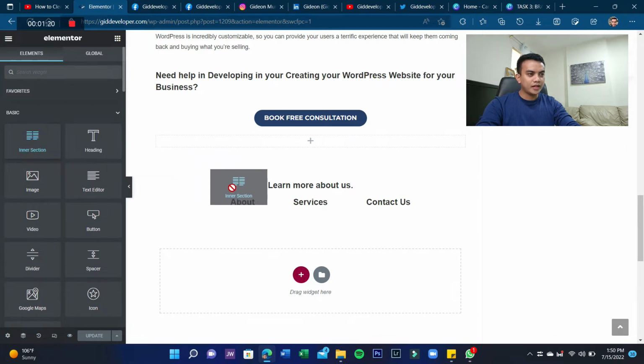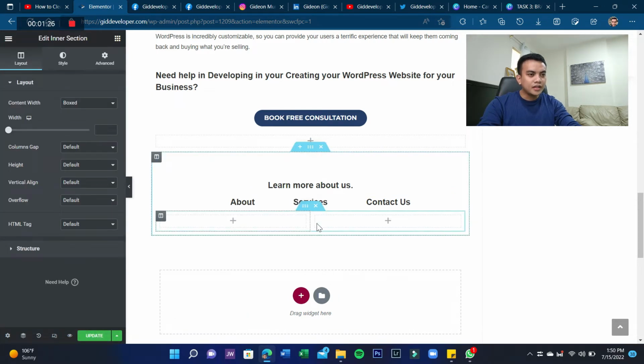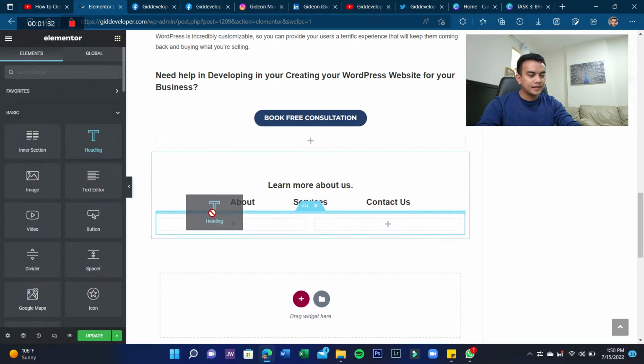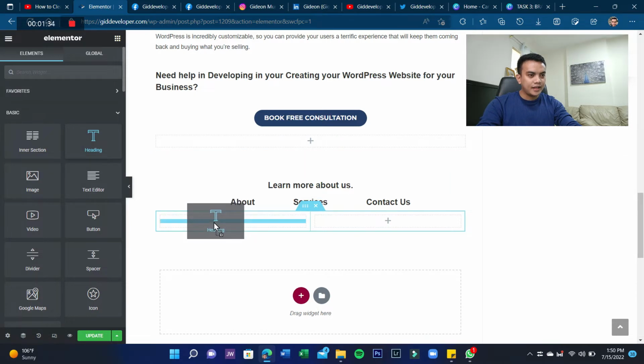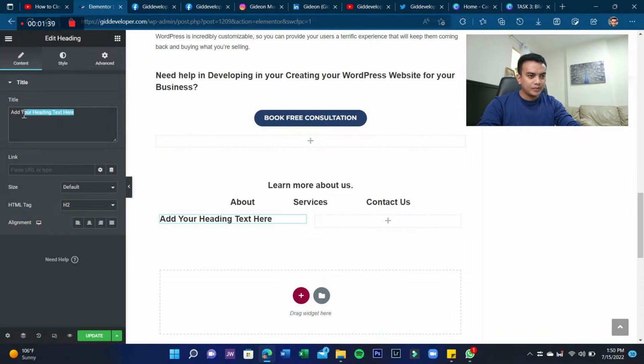So we're going to drag inner section to this section here, and then we have to add the text and then drag this on this section, and I'm going to type here follow us on